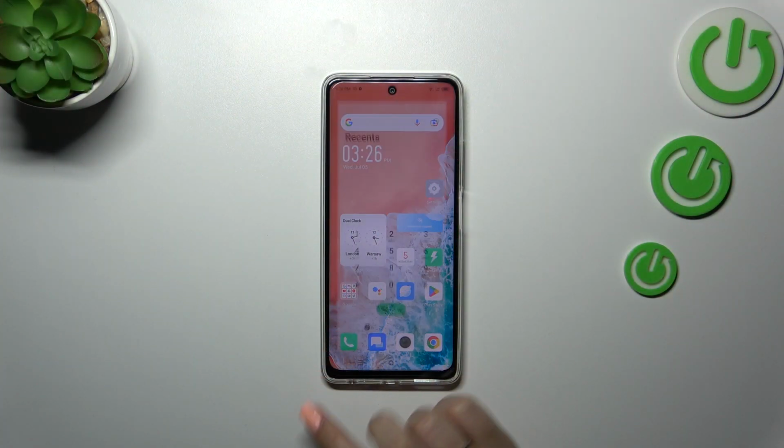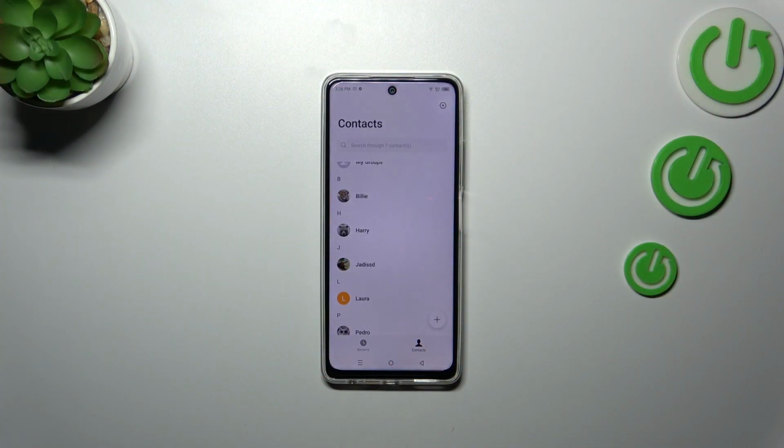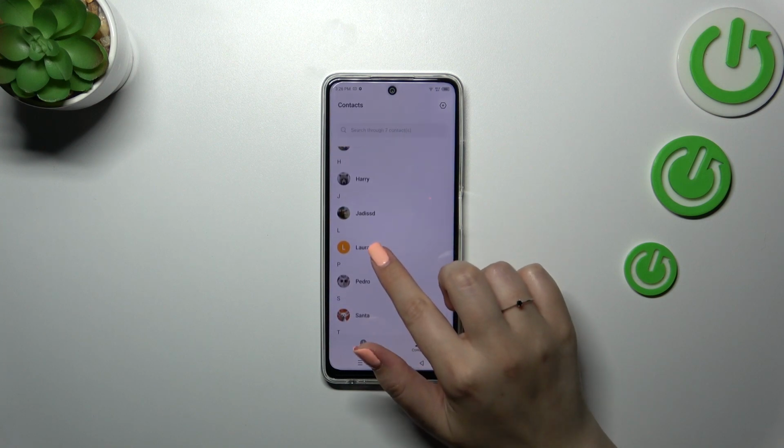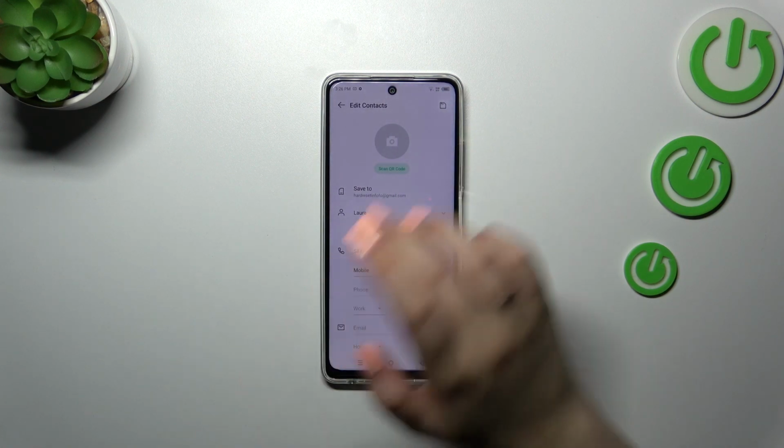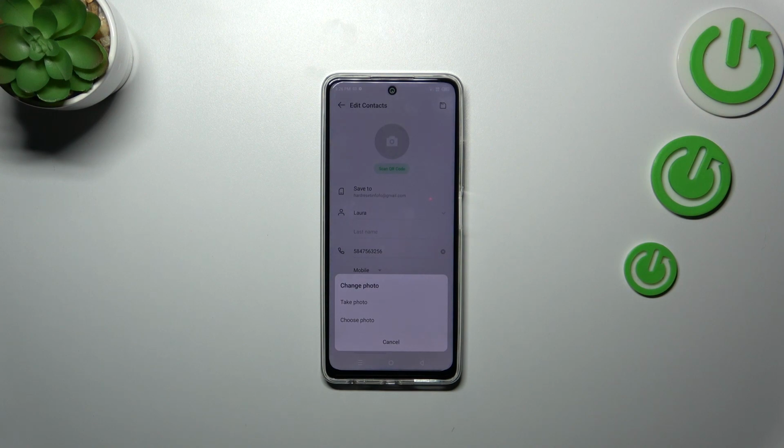So first of all, let's open your contact list, for example with the usage of the dialer, and then find the contact you'd like to edit and tap on it. Now we have to tap on this edit icon in the right upper corner, and here tap on this camera icon. And as you can see, we can choose between two different options, so we can either take a photo